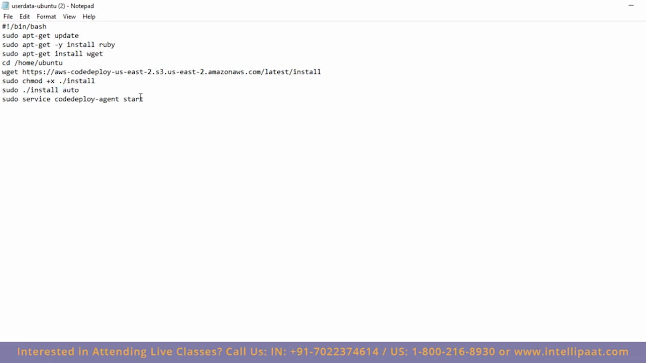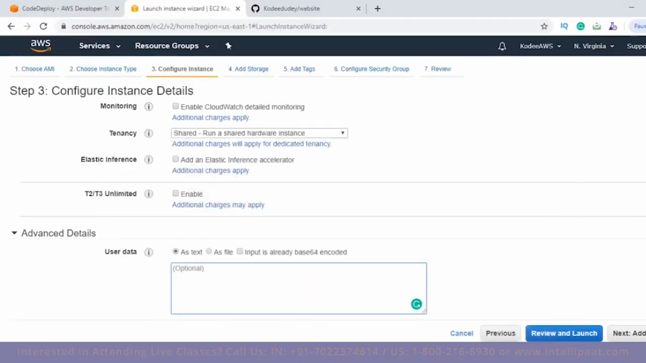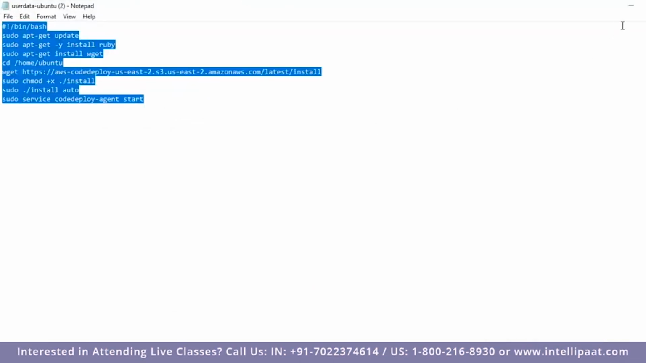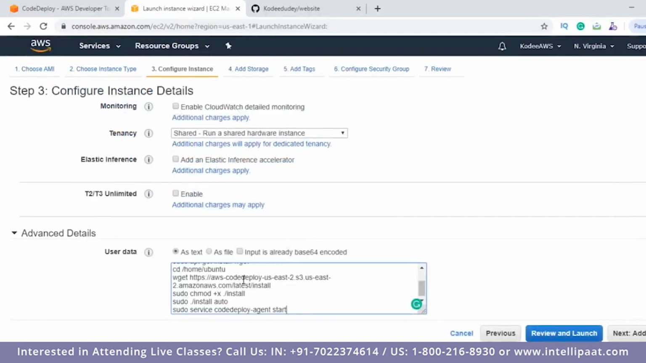After it gets downloaded, now I'm starting CodeDeploy, guys. After installing CodeDeploy, I'm going to start the CodeDeploy service. Only if it is started, then I can connect my EC2 instance and CodeDeploy. So I'll copy these and enter it in CodeDeploy, guys. That's it. So this is what we have to enter,